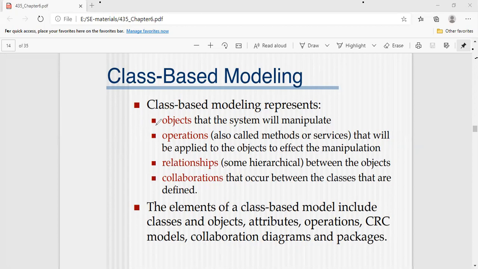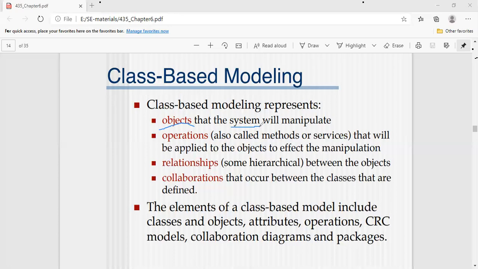So here, in class-based modeling, we are having objects. Overall, the project will be based on the objects of a system. These objects will manipulate or give different results based on the values of these objects, isn't it?